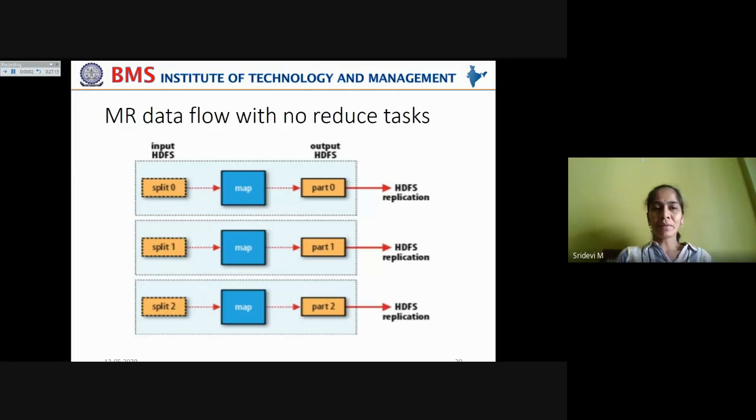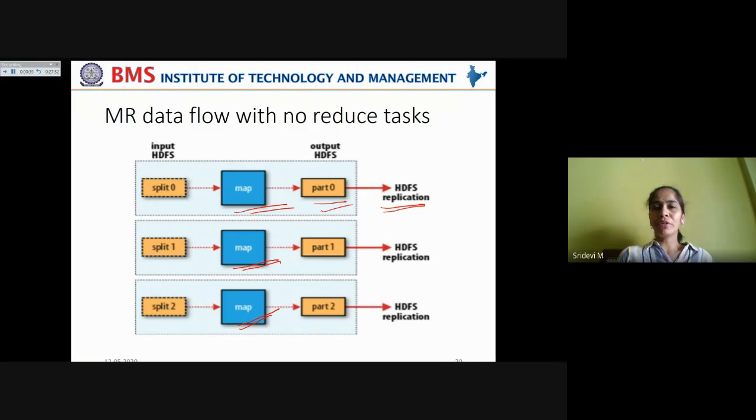Now we can see the MapReduce data flow with no reduce task. In this case, the output of map is directly written to files on the HDFS cluster, maintaining the replication factor. All the map outputs are directly written to the files with their default replication factor on the HDFS cluster. There is no intermediate reduce job.